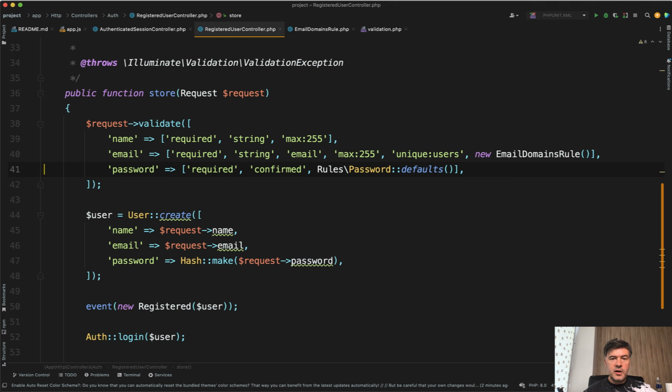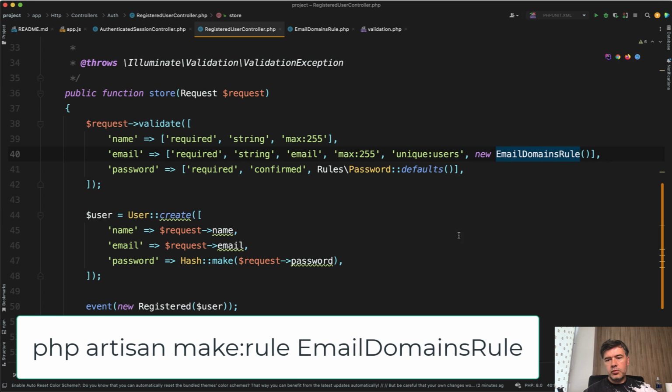So for example, you have a registration form based on Laravel Breeze in my case, and you have validation rules. And one of those rules, for example, for email, you want to restrict the domains. And you create a custom validation rule for that with php artisan make:rule EmailDomainsRule, for example, and